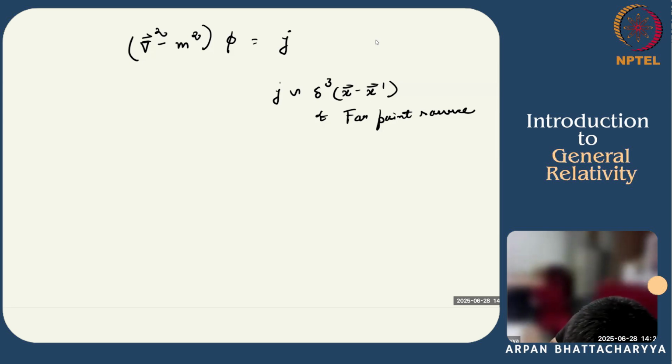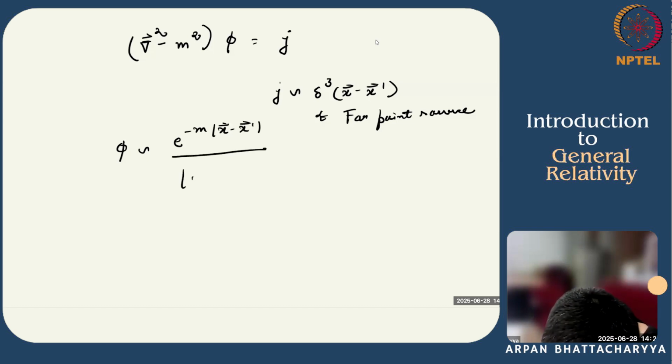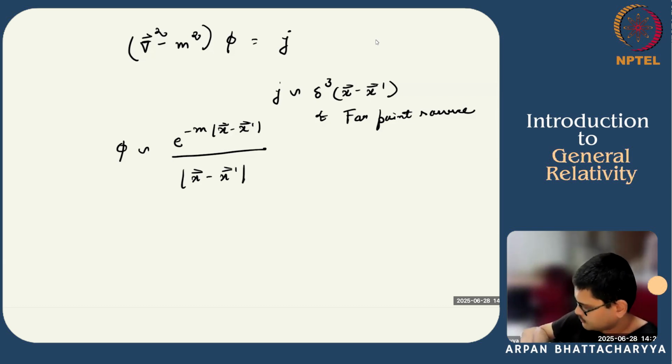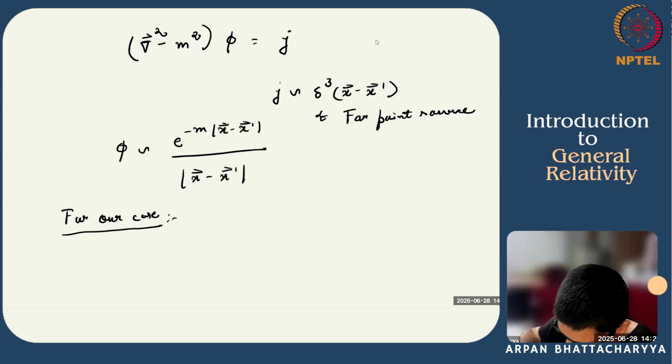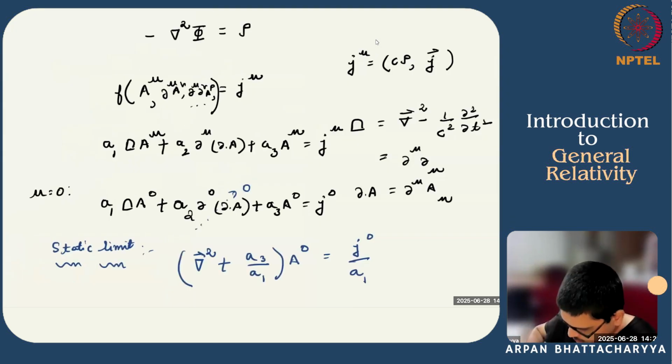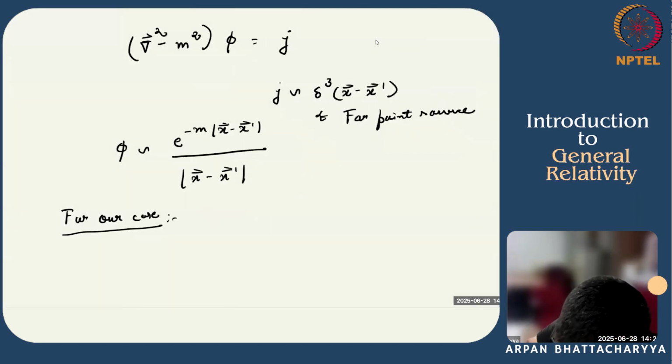In that case, the solution of phi, you can write it as minus m times, is the exponentially damped solution. So for our case, now translating everything back in terms of a0 and this coefficient A3, A1, we can have the following solution. Let's write it down: